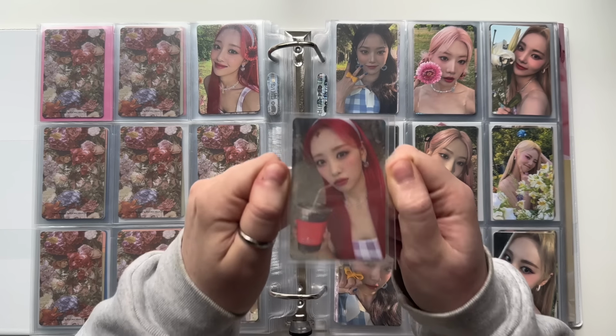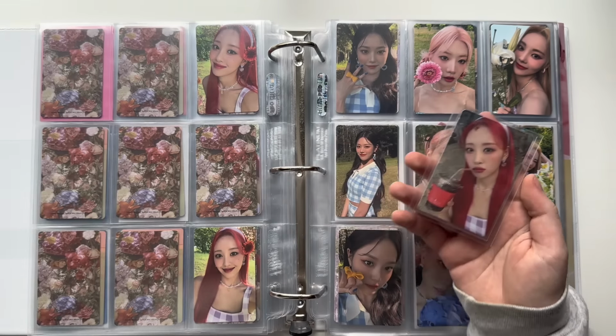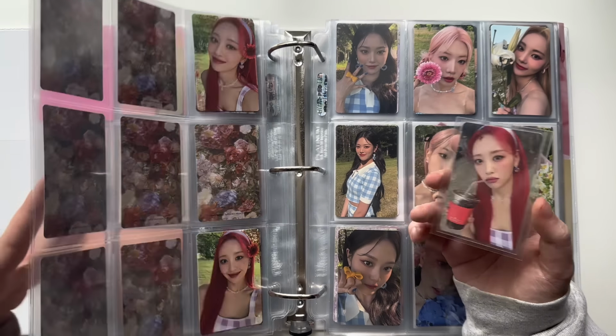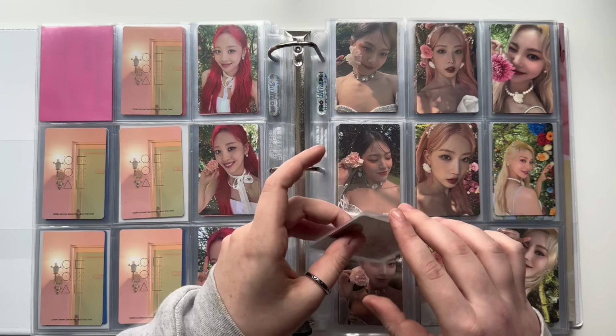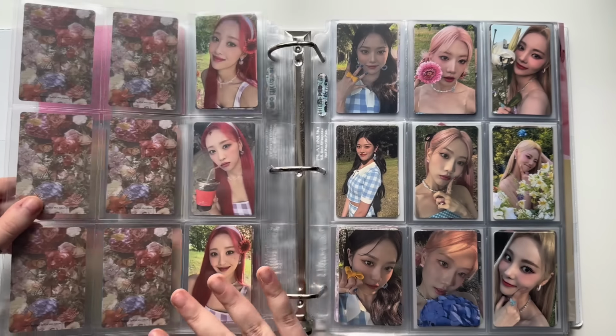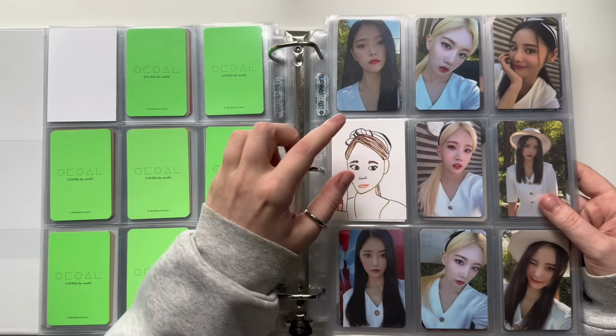Again, someone reached out to me and said, hey, I just pulled this Coffee Eve and I thought of you. Can I give it to you? Hell yes, you can. Yes, you can. I am so thankful for the person who gifted me this card. I thought I was gonna have the biggest, world's most major headache over Coffee Eve, and somehow it was a breeze compared to Hashton. I'm hoping my luck continues, and one day,